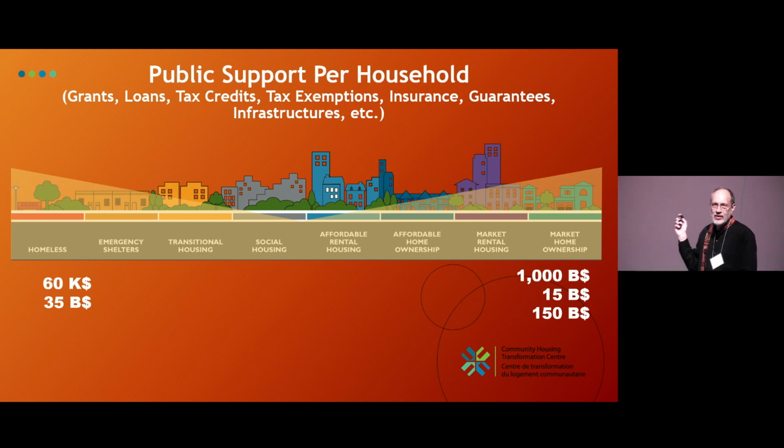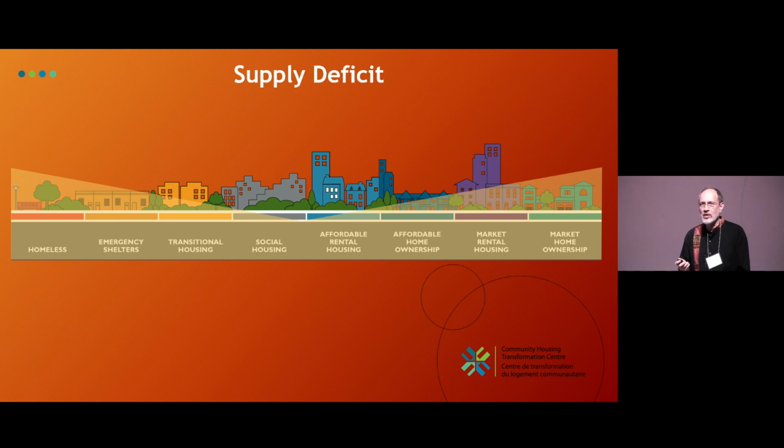Now that has consequences. Amongst other consequences is that we're facing a situation where we have a supply deficit. There's a total supply deficit, yes, because there's demographic growth and all of that, but there's a deficit in the supply chain, mainly where we're in the middle. Coincidence? This is where there is no support being provided by the state. So that explains, in my eyes, there's a kind of relationship between both things. And that is a large part of the problem we're facing today, because that situation creates a context where,